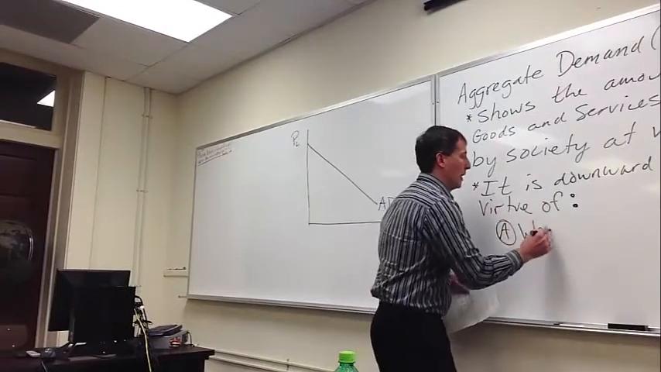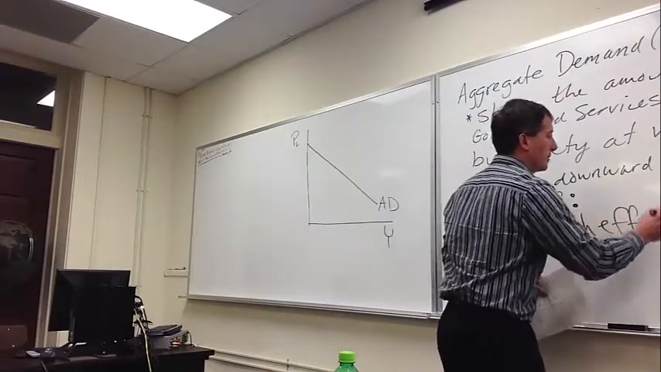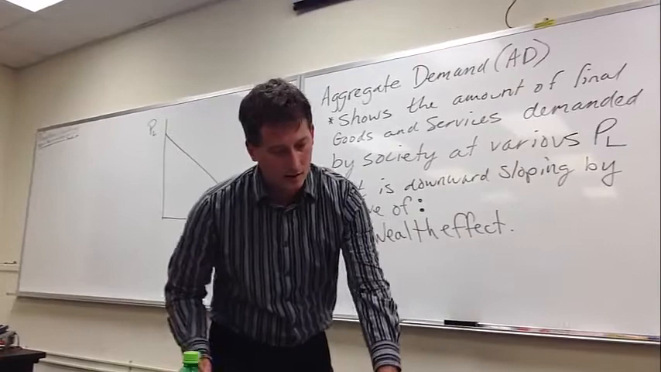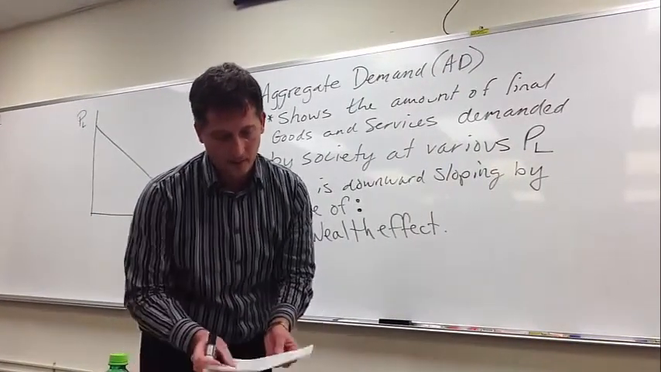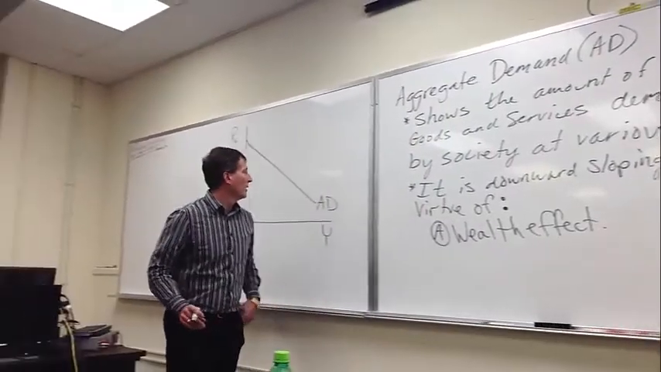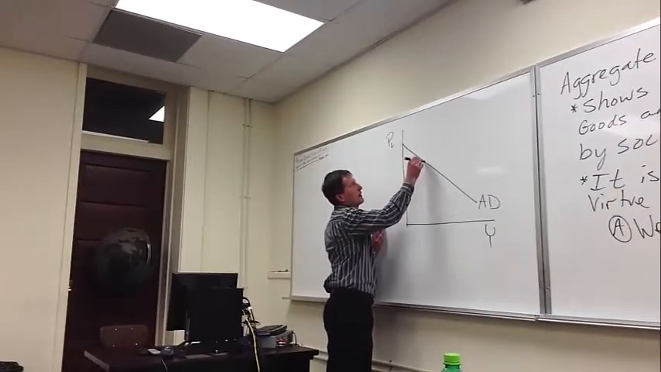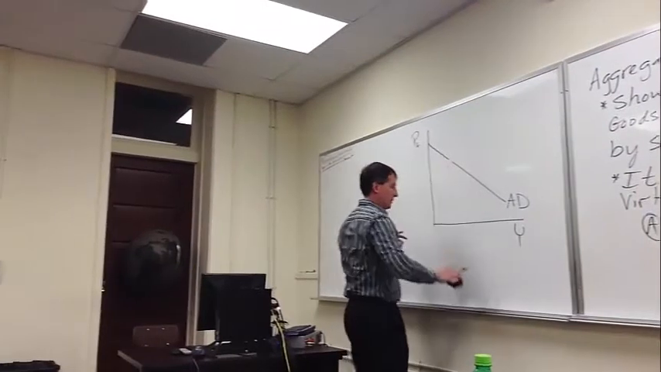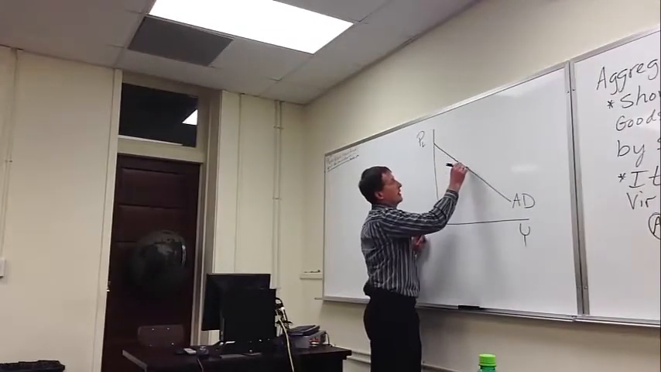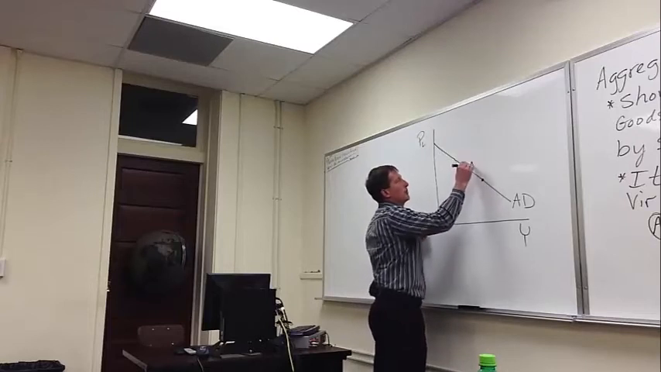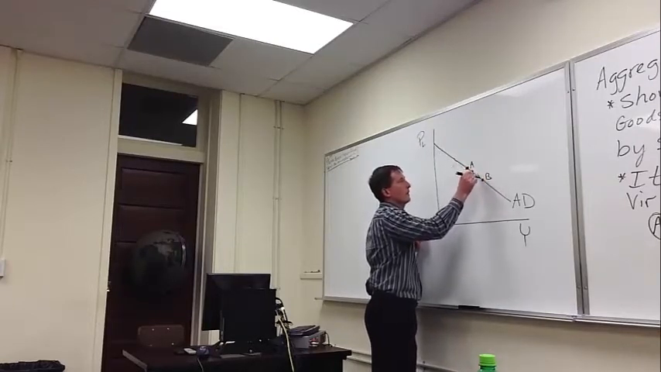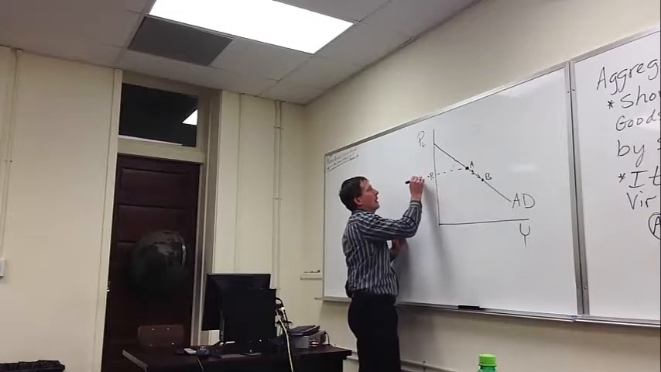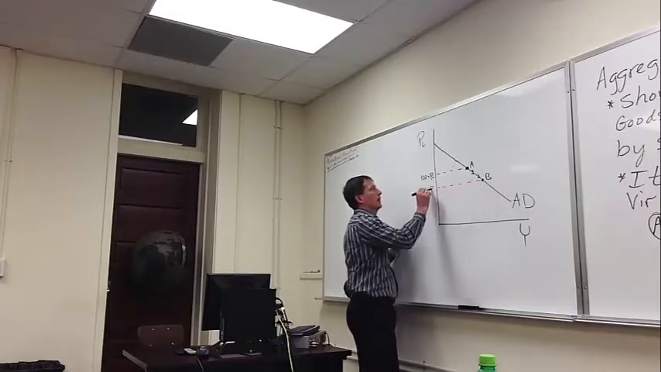One, a wealth effect. And I think I maybe mentioned these, but I didn't write it down. A wealth effect is one reason it's downward sloping. And all I'm trying to explain, for the most part, is a movement from A to B. If the price level falls from 120 to 110,